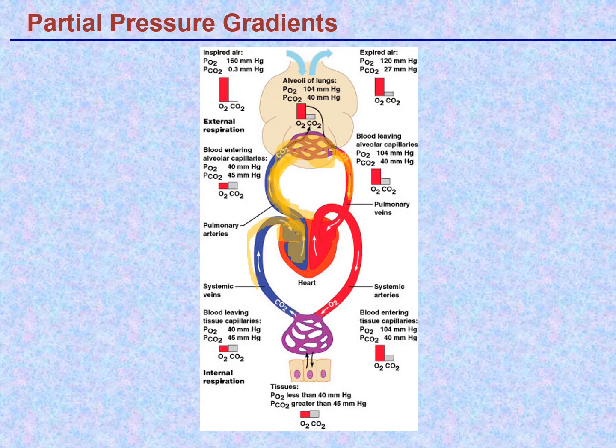I just wanted to point out that there are 2 circuits. This is the pulmonary circuit, that's a P, and this is the systemic circuit of the circulation. So the blood goes back to the heart through the venous return, and then into the right ventricle, and then it gets pumped up through the pulmonary arteries up to the lungs, and goes into the capillaries surrounding the alveolus, and then comes